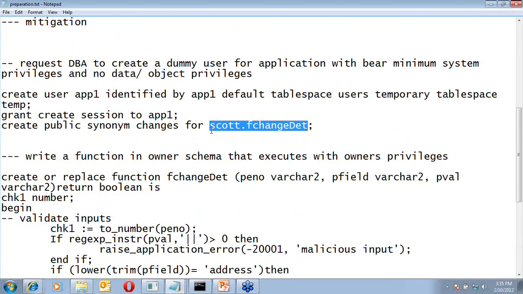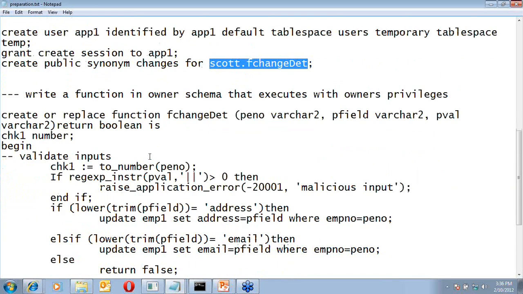Any objects which don't belong to your schema that you want to access, you have to append the corresponding schema name to. So for this whole thing, I'll get a public synonym created by the DBA, or will ask the DBA to grant rights to create a public synonym to this owning schema.